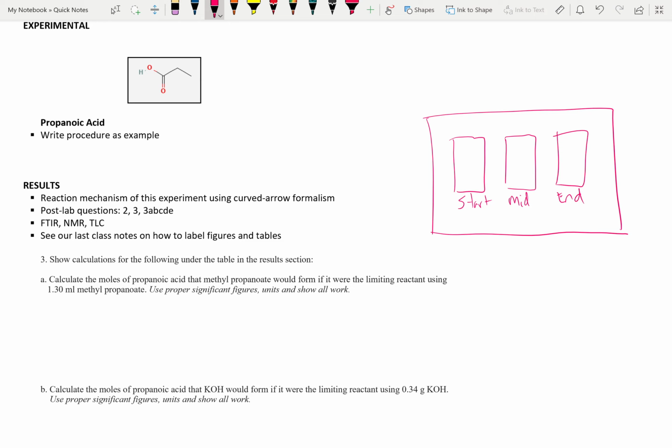whatever number you're on. So the figure label goes on the bottom, so figure, let's say 3, and then explain what figure 3 is. After you explain what figure 3 is, you need to explain to me, you know, on TLC plate A, that is our starting, and we have this material present. On TLC plate B, shown in figure 3, we have this product present, and then this reactant missing,